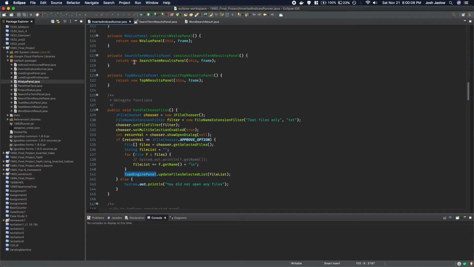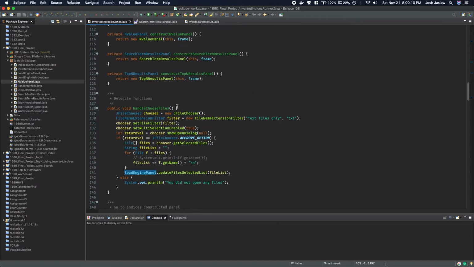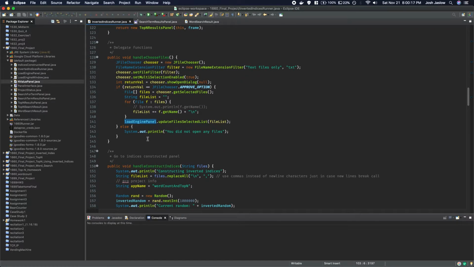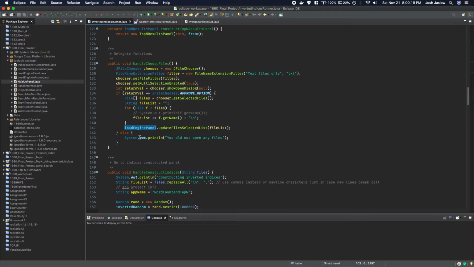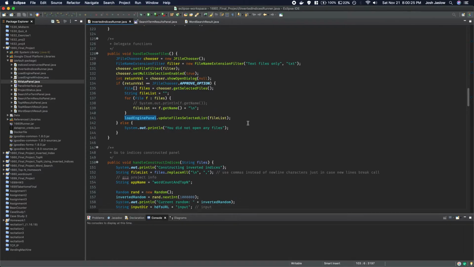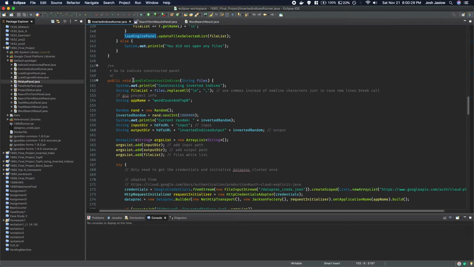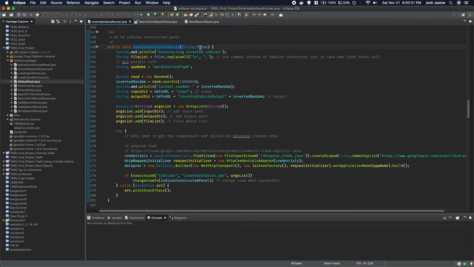Yeah. So let me get back to the runner. When I click the button, this is handle choose files, and that will then jump to the... Oh, so that'll fill those in. And then when I click inverted indices from there, handle constructed indices gets called. I have a list of files that I replaced